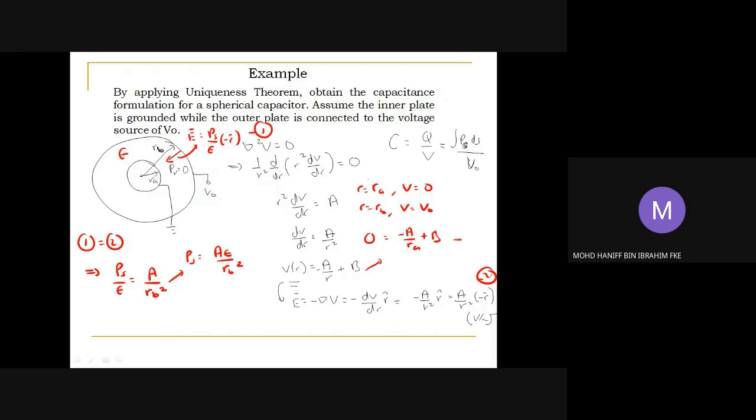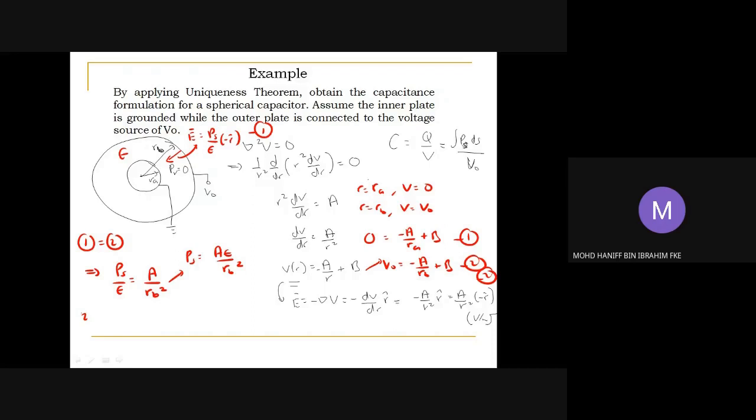That should be the first equation. And the second equation, we're going to have V naught equals negative A over RB plus B, number 2. So we can solve this step by step, in which we're going to have that